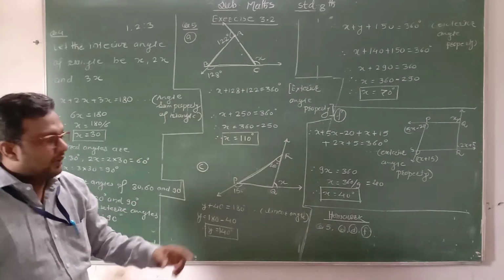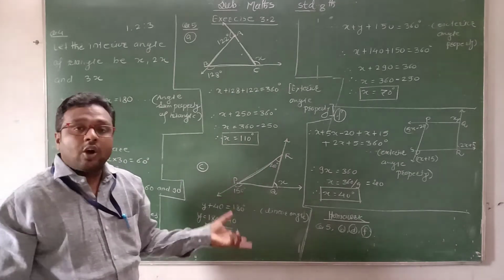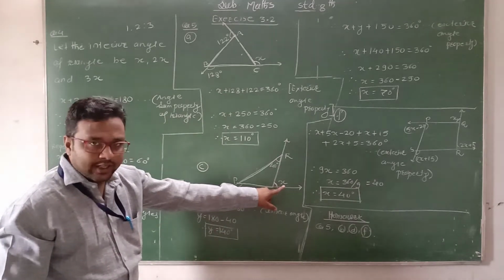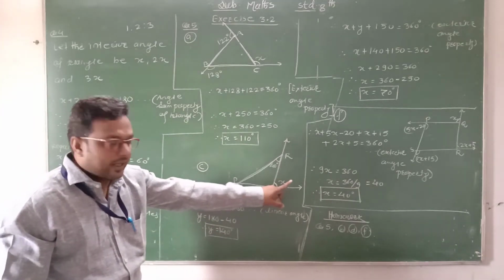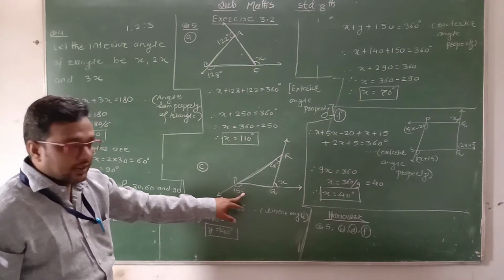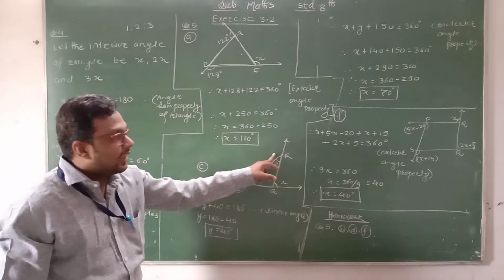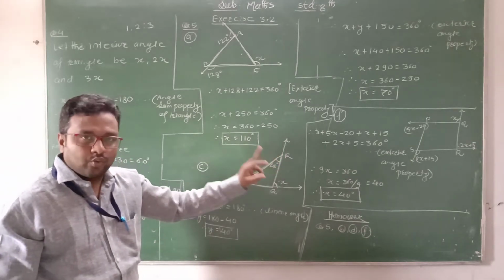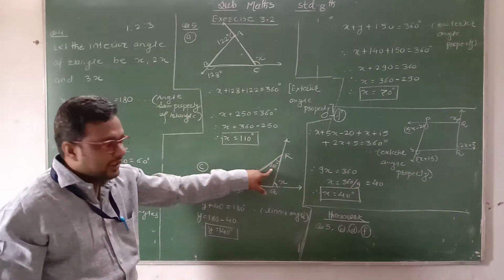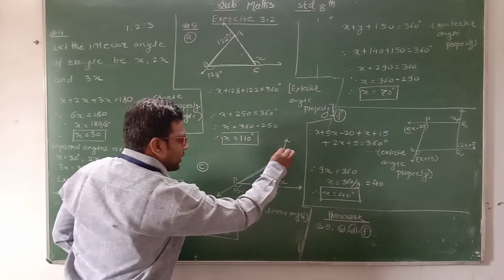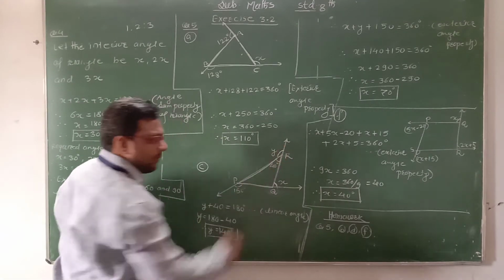If we use the interior angle or the exterior angle property, we require all exterior angles or all interior angles. Now two exterior angles are there. X we have to find out, which is an exterior angle. 150 is the exterior angle at vertex P. But at R the exterior angle is not given. That we have to find out first. Its interior angle is given as 40 degrees. Therefore, here we consider this exterior angle to be y.